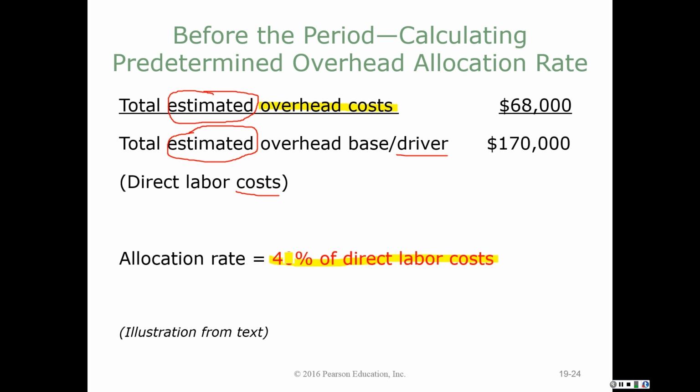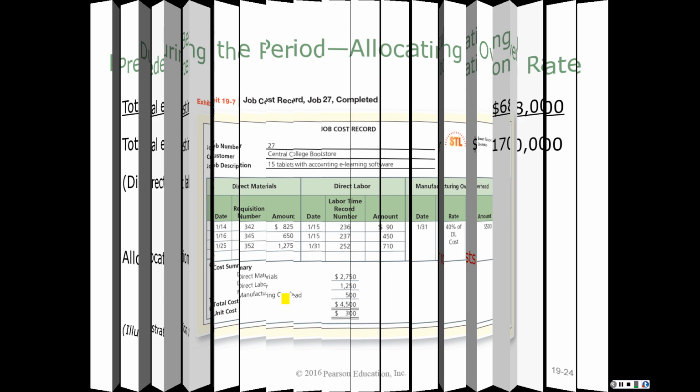Okay, so direct labor is still there. It is what it is, but we're saying for every dollar that I spend on direct labor, I'm spending 40 cents in manufacturing overhead. Stop at this point, rewind, re-listen if you need to. This is critical. Once again, for every dollar that I am spending in direct labor cost, I am spending 40 cents in manufacturing overhead. So every dollar of labor costs me 40 cents in depreciation, in utilities, and plant supervisors. Okay, so this is my estimated allocation rate that I am going to use to apply overhead as we move